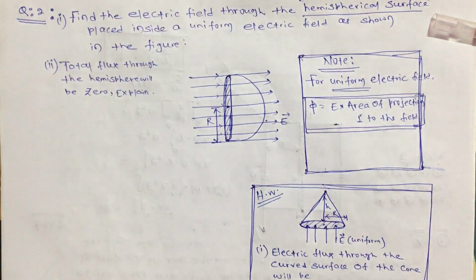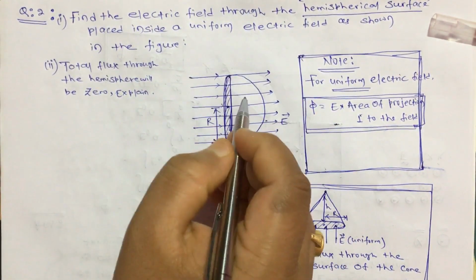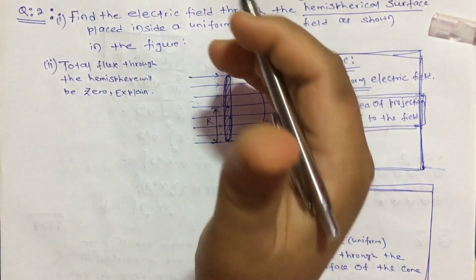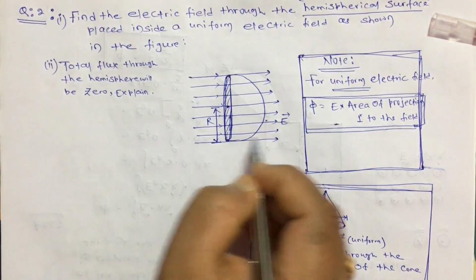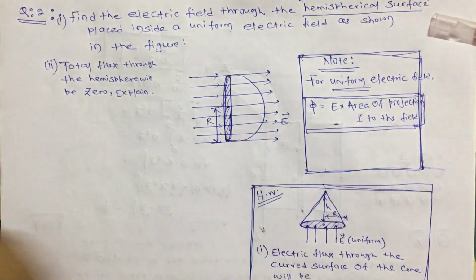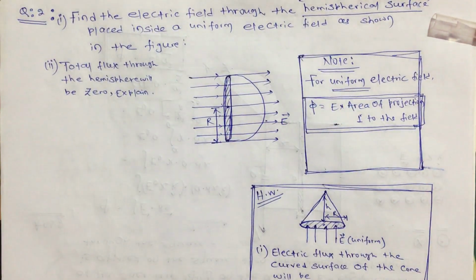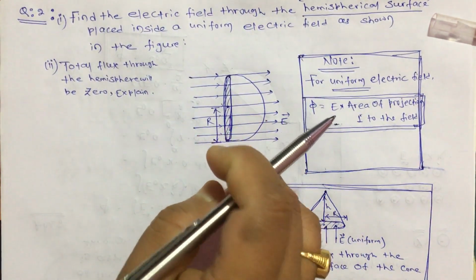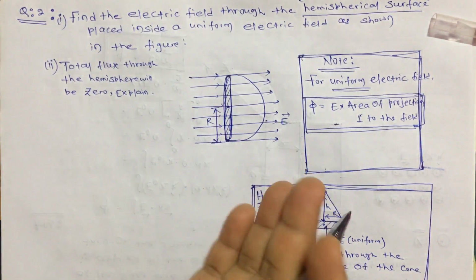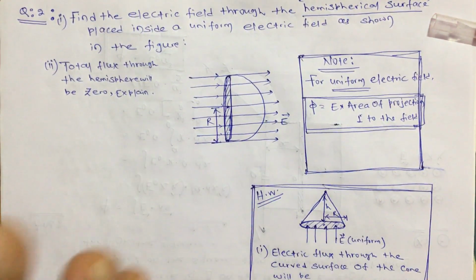Okay. Now, let us come to the first part. It is asking about the flux through only this hemispherical surface, not this entering one and this one. This is a hemispherical surface. Now, let us assume it as an open surface. And through this surface, you have to find how much flux is going out. Obviously, the total flux means the flux which is going out. Now, see, why can we not solve this question by the direct formula? Let me first explain what is the point to be noticed here.